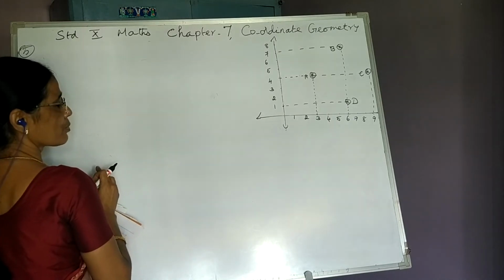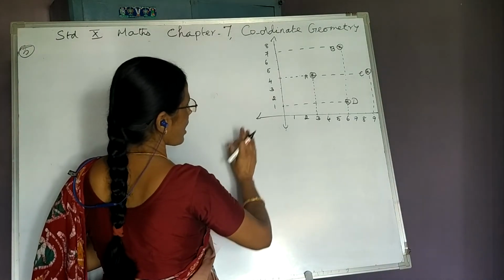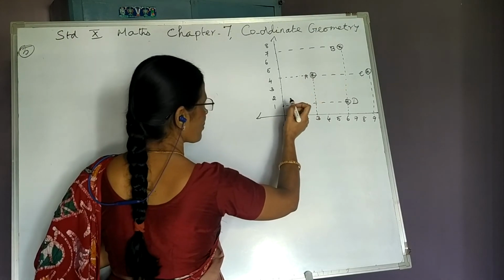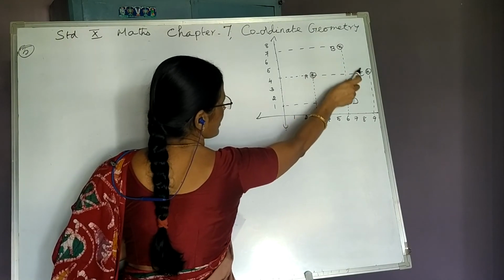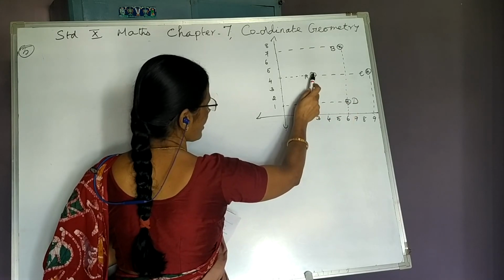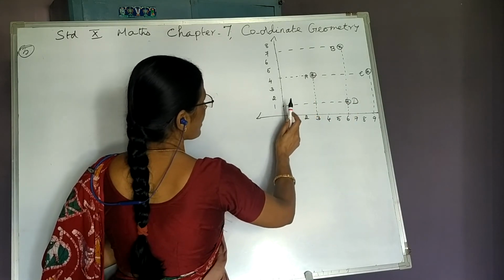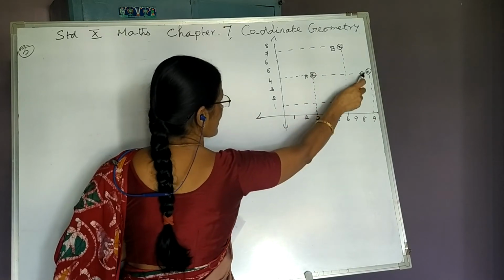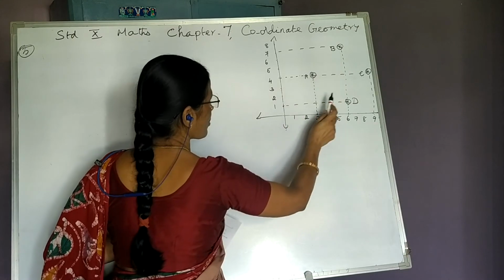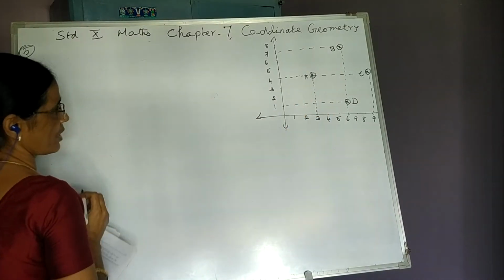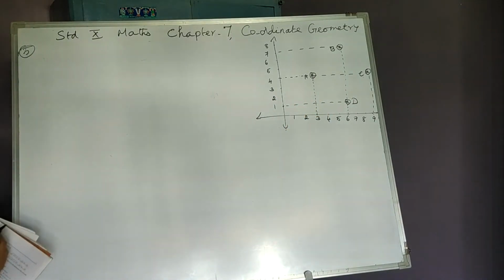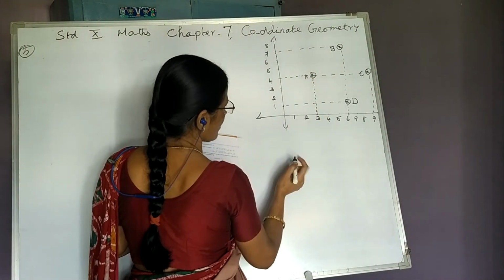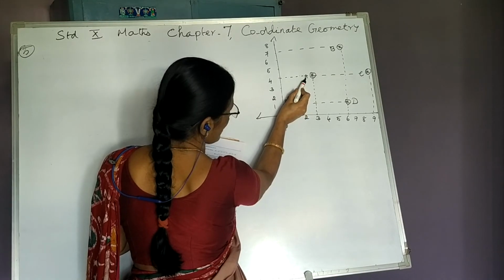Now we should remember the property of a square we studied. How to prove it is a square? We should find all the 4 sides, that means AB, BC, CD and DA, using distance formula. If all the 4 sides are equal and the diagonals AC and BD are also equal, we can conclude it is a square. Here the coordinates are not directly given, but we have to find them using the figure. For example, A I have taken.